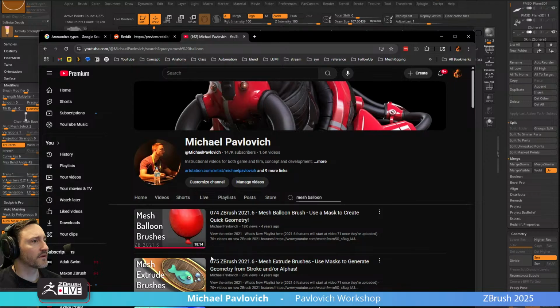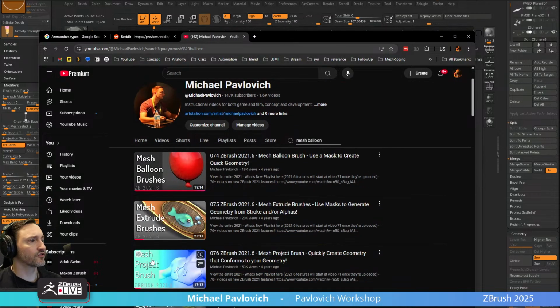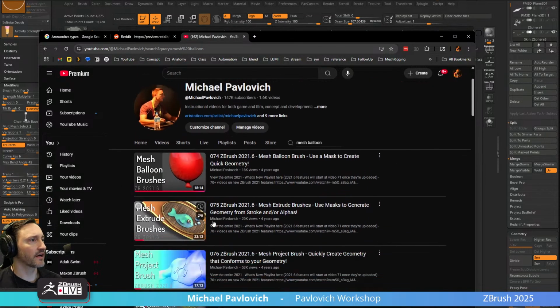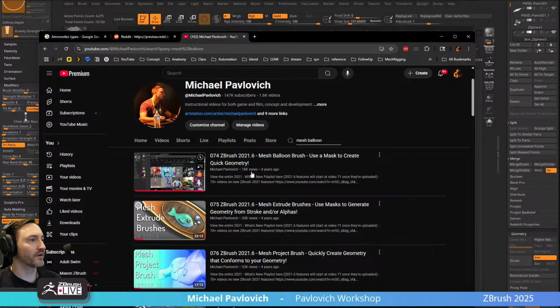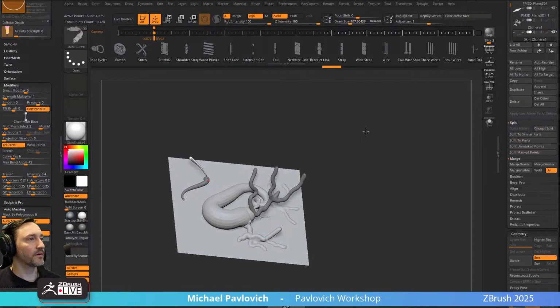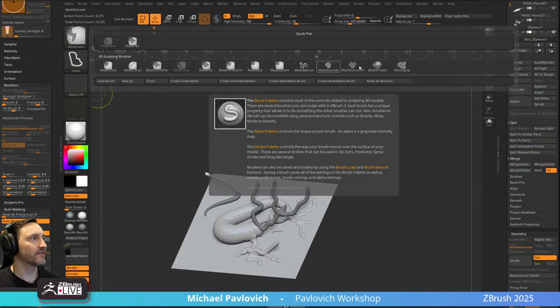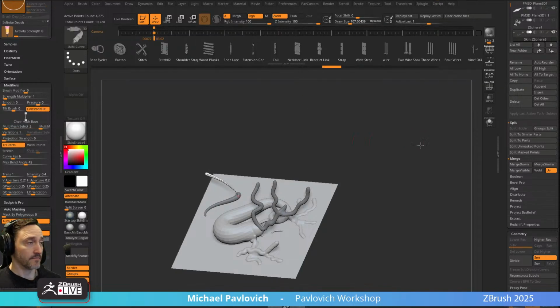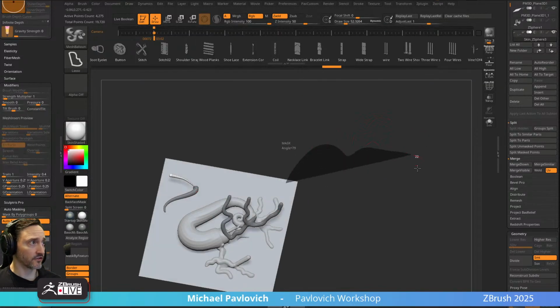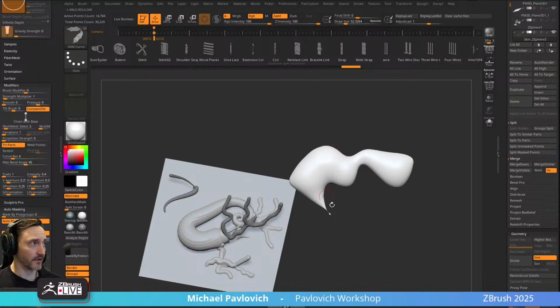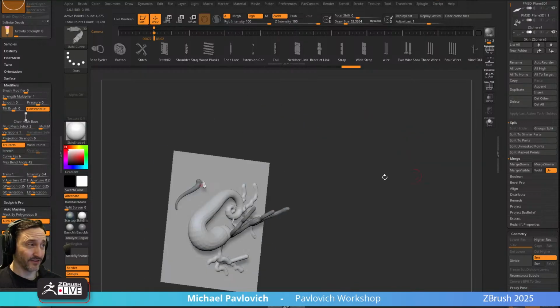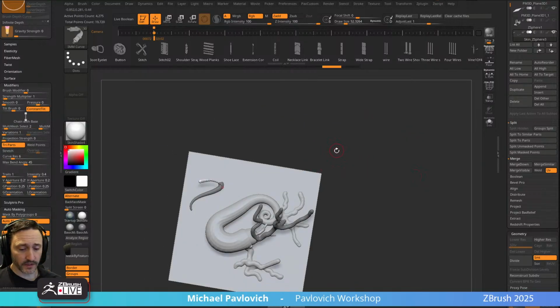There are mesh balloon brushes, mesh extrude brushes, mesh project brushes. All of these ones, I guess, are for ZBrush 2021.6, and these are pretty cool. Basically, if you hold down control, you have a bunch of these mesh extrude and mesh project brushes. Here's a mesh balloon, so as you're dragging this around, it'll just give you a mesh. This one's kind of similar to